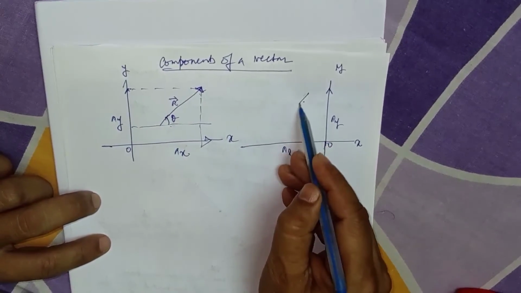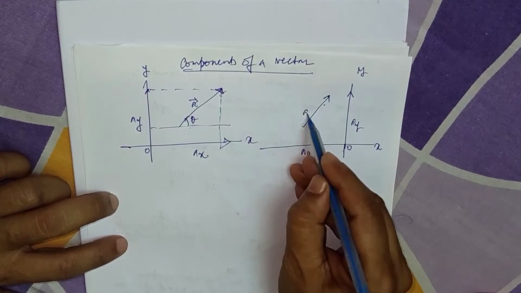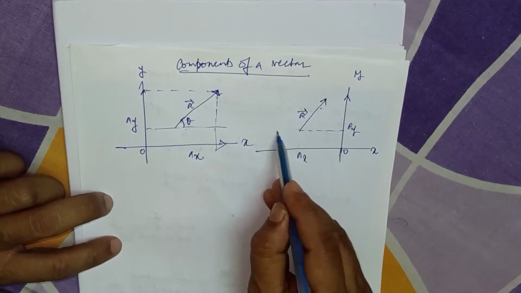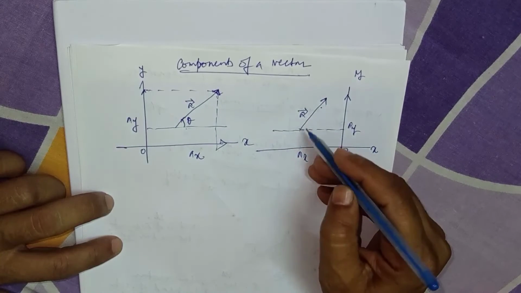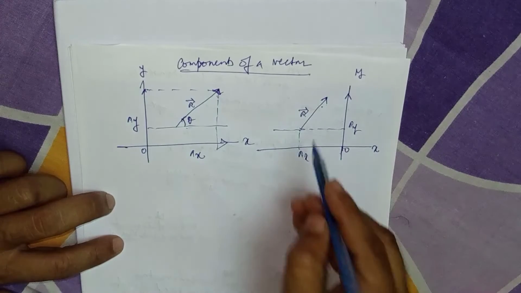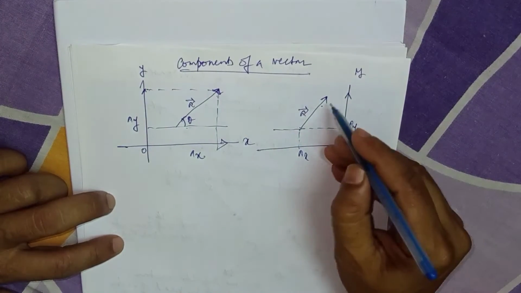Let this be vector a. So we may draw like this, and we draw like this. If this is the scenario,